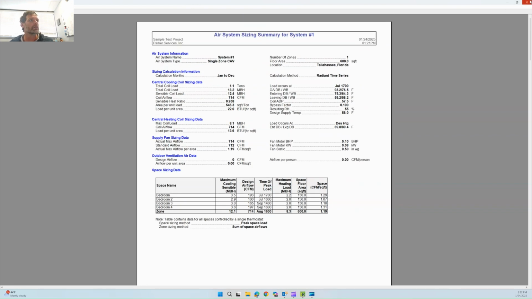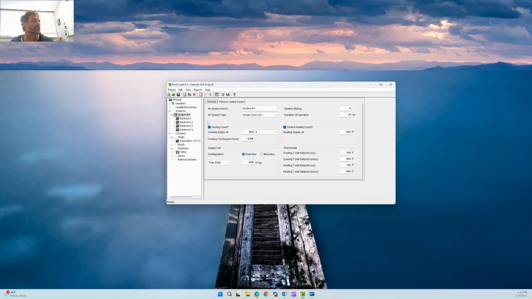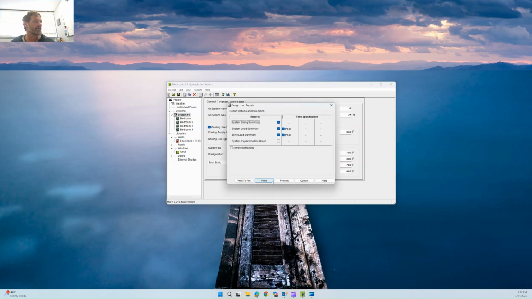Now, I want to show you, so we had 714 CFM. I'm going to close this report. We're going to go to our system, and I'm going to change my cooling supply temperature to 55 degrees. A properly operating system may very well cool down to 55 degrees, maybe 56 degrees. We'll leave it at 55. So we had it at 58, we changed it to 55. I want to show you what that does